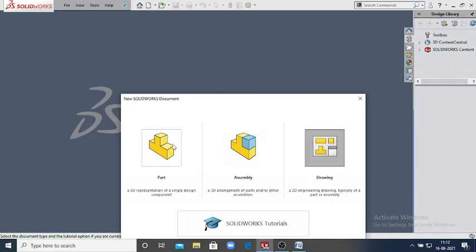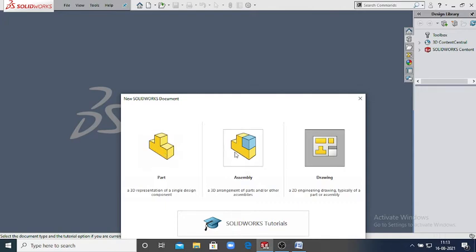If you want to make a complete component, you make it in the part option. The part option is the 3D representation of a single design component; only a single component design is made here. In the assembly option, a 3D arrangement of parts and other assemblies is assembled.